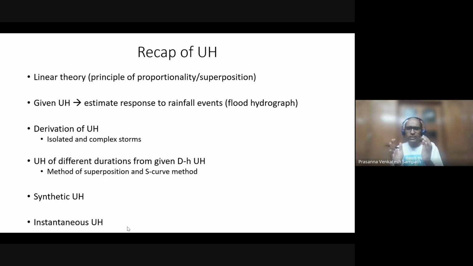Okay, some short duration and highly intense rainfall event happening in a very short duration, let's say 10-15 minutes or so, which produces about 1 centimeter of excess rainfall. That would be an instantaneous unit hydrograph. All right. Okay. So now we will